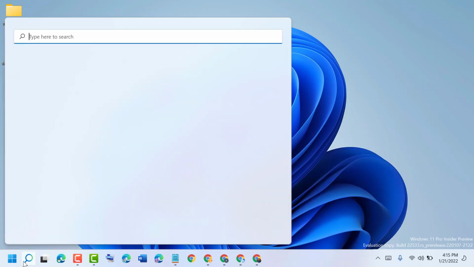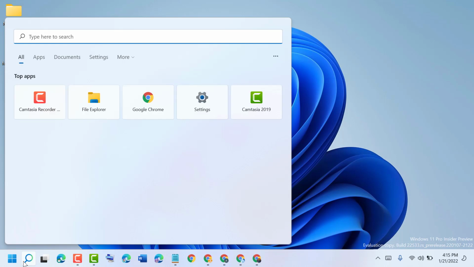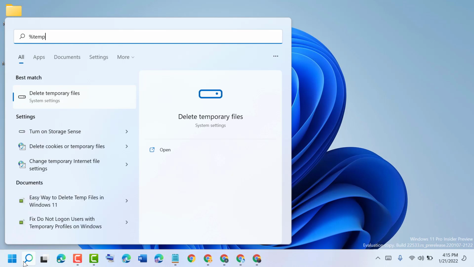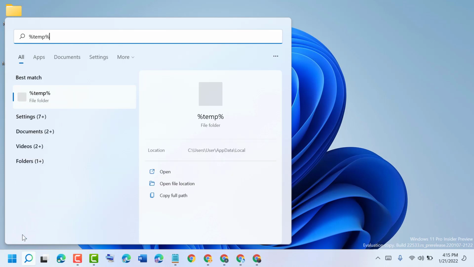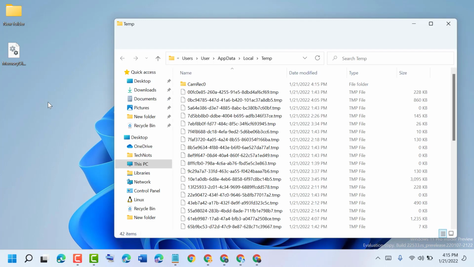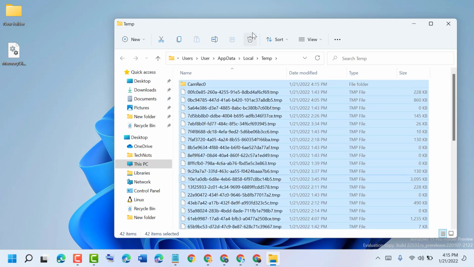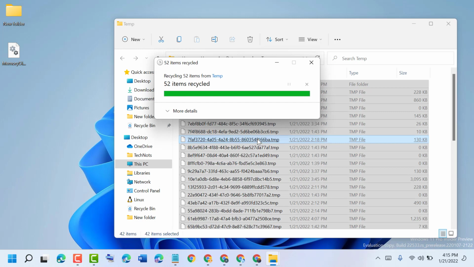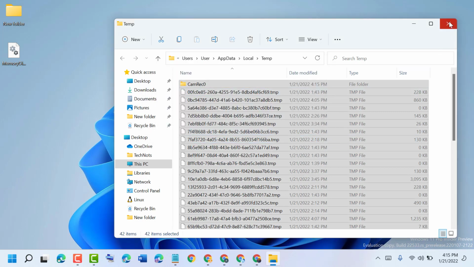Click on start and type %temp%. Open this folder. Now select all files and delete. Some files will not be able to be deleted, so skip them. Now close it